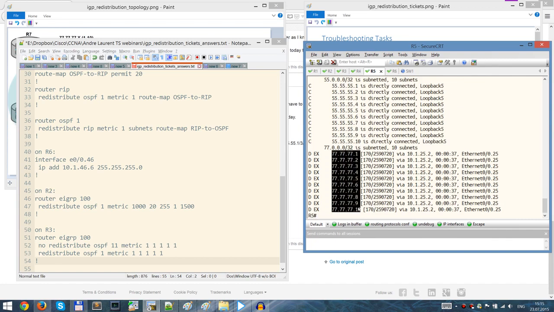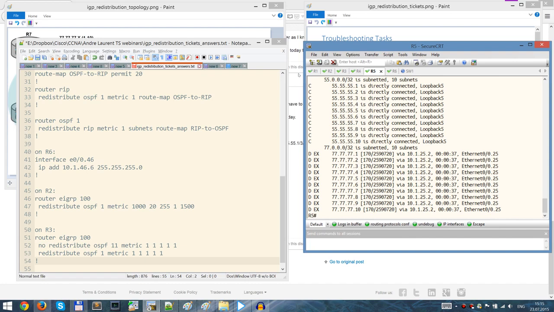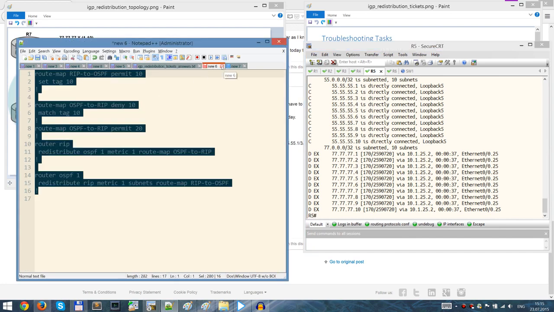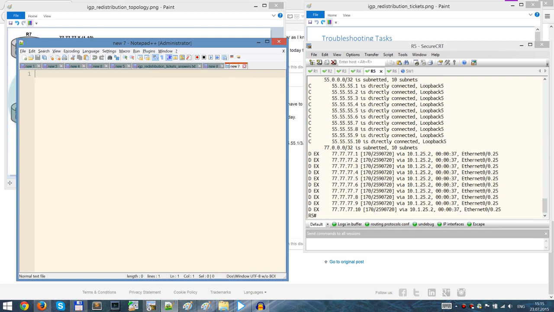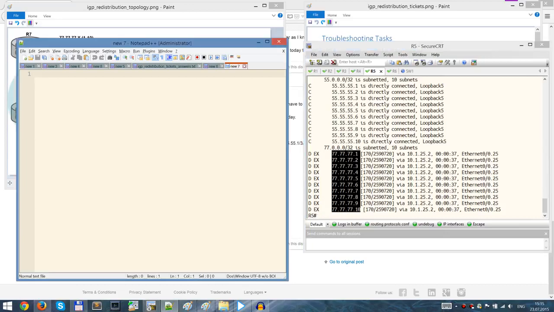Okay, we see all these prefixes. Now, the question does not ask us to have these routes in the routing table, but make sure that these prefixes are reachable. So that's a different thing. So for that, I will create a TCL script, which will verify reachability to all these prefixes. I copied in SecureCRT these IP addresses right now,